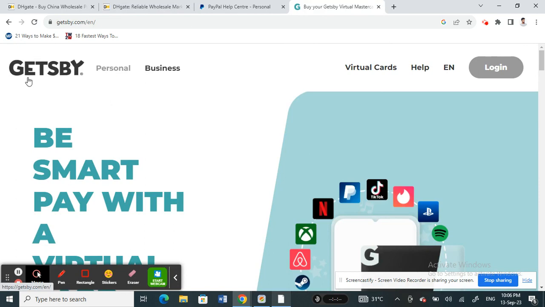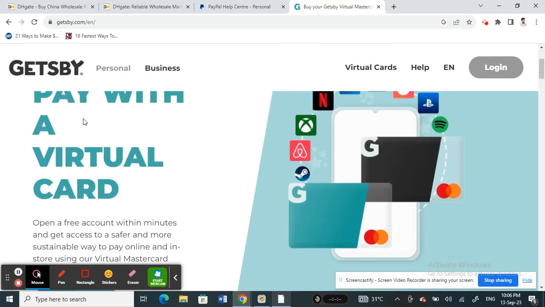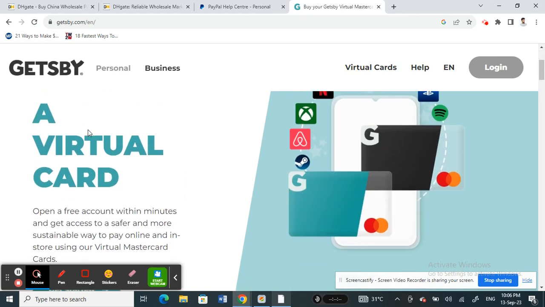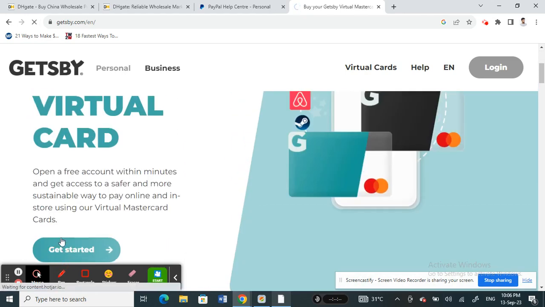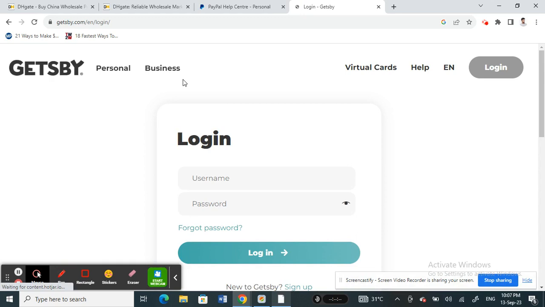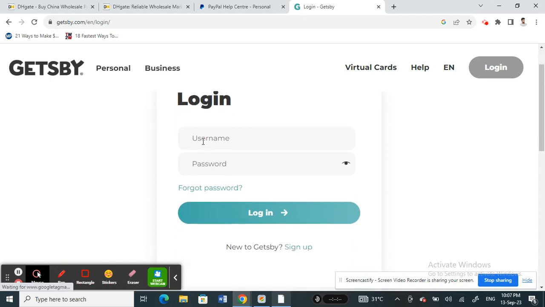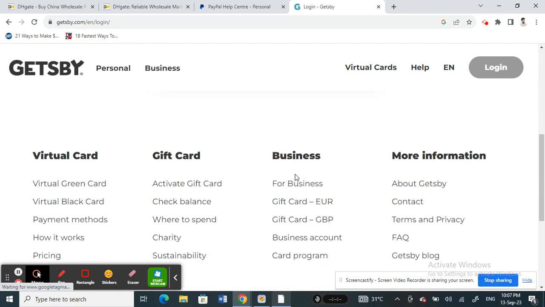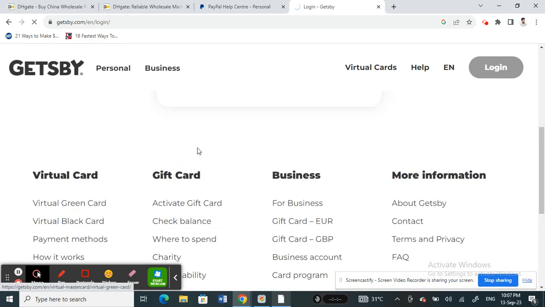So if you get to Gatsby, gatsby.com, here you can just order a MasterCard, and you can make that payment for the MasterCard through your PayPal. So you can use your PayPal and pay to get this Gatsby MasterCard. You just have to create your account and then get a virtual card. So once you get that, what you can do,